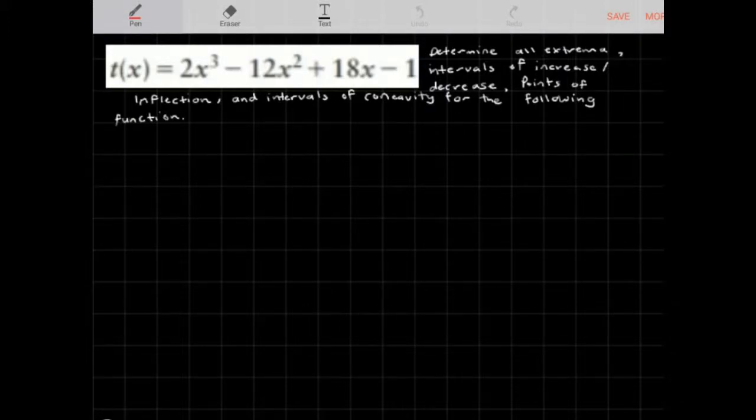Alright, let's determine all extrema, intervals of increase, decrease, points of inflection, and intervals of concavity for the following function. T of x is equal to 2x cubed minus 12x squared plus 18x minus 1. Okay, so we're going to be using derivative testing to gain some insight into the shape and behavior of this